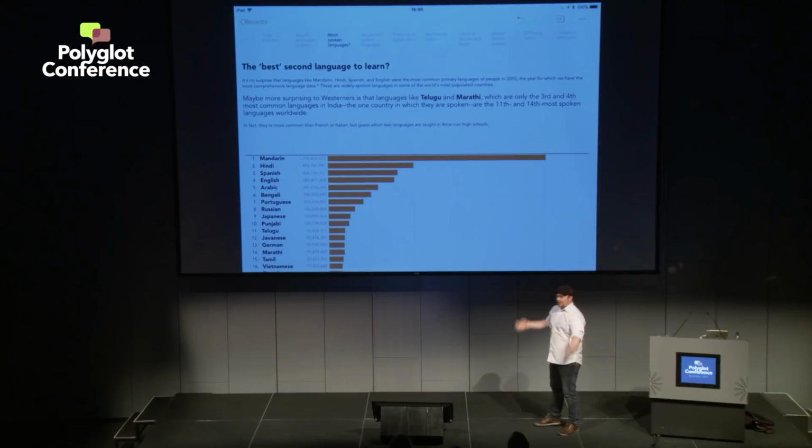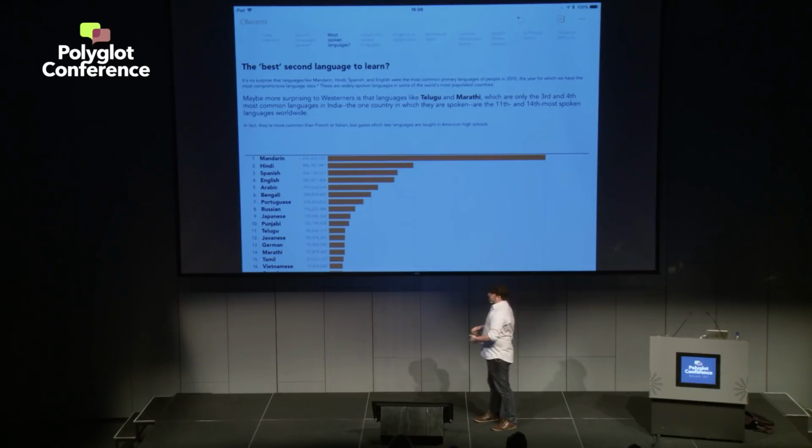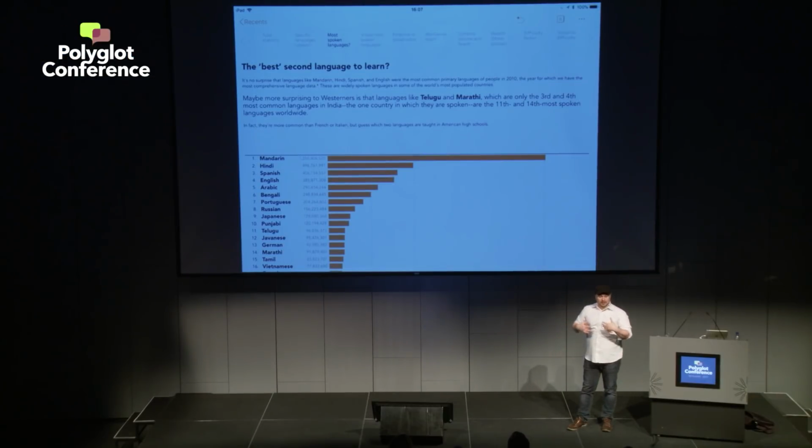But no, instead, I try to tell them that I don't like how a lot of the information tends to be presented, because it only looks at one thing. It just looks at the number of speakers or the one with the best economic potential. And I think this is a complex question. If you're not going to look at your own situation, which I tend to like more, I tell people to just see which one you are passionate about. What language have you got a family connection to, that you really want to talk to the people? Did you have some kind of really personal reason to learn?